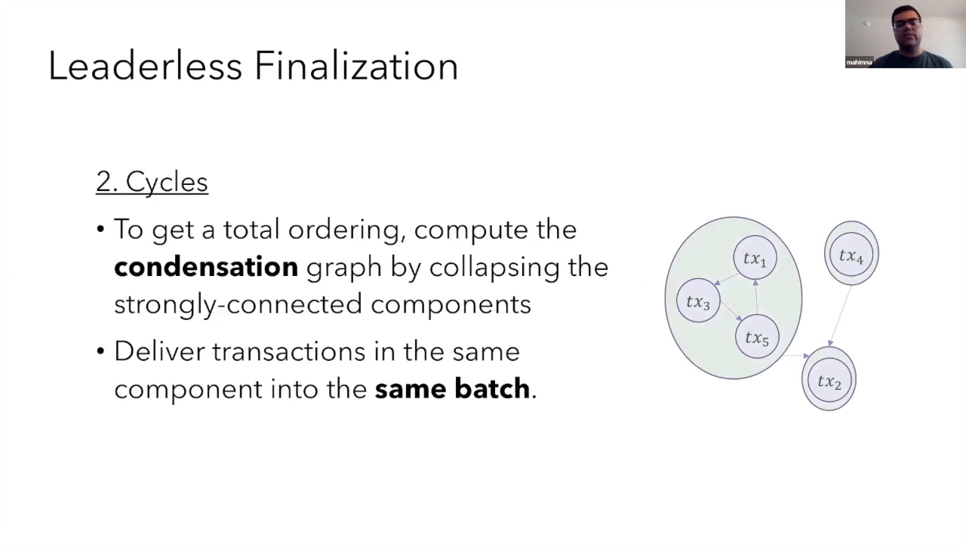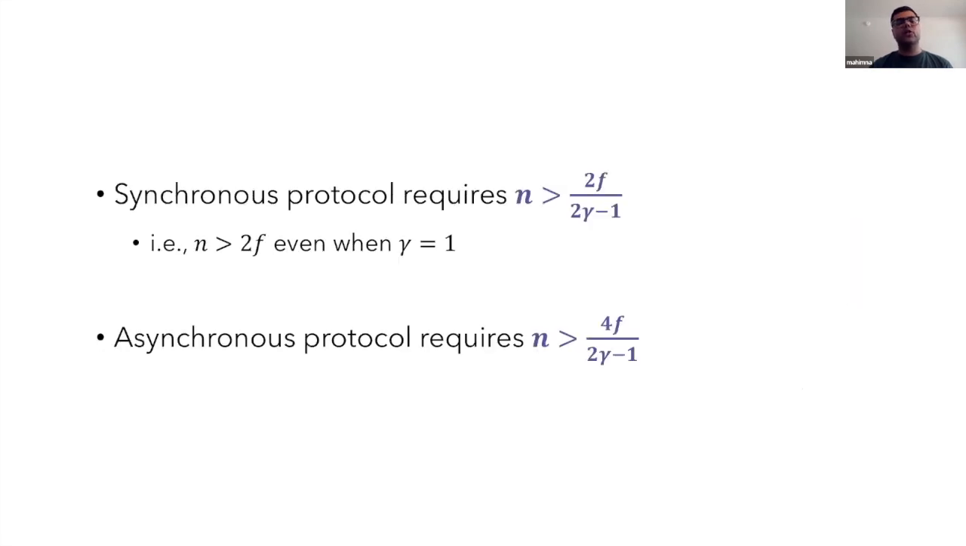To solve the second problem of cycles, we compute the condensation graph by collapsing the strongly connected components of the initial graph, and then deliver transactions in the same component into the same batch. So when there are no cycles, there's no Condorcet paradox active. This means that we get 1 transaction per batch, and we end up satisfying the stronger receive order fairness definition. Our synchronous protocols take n greater than 2f over 2 gamma minus 1, where gamma is the order fairness parameter, and f is the number of adversarial nodes,